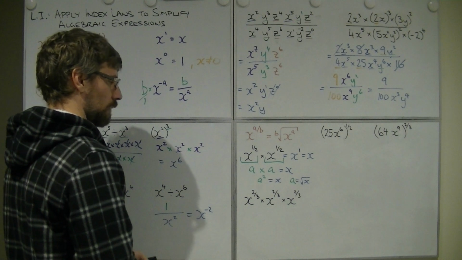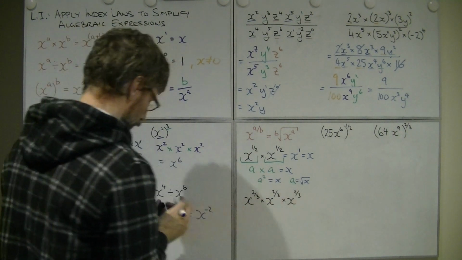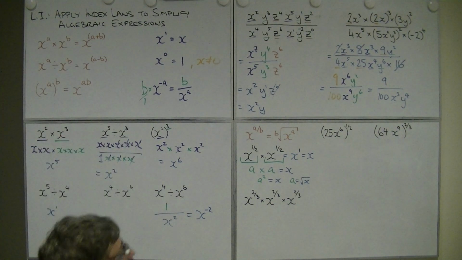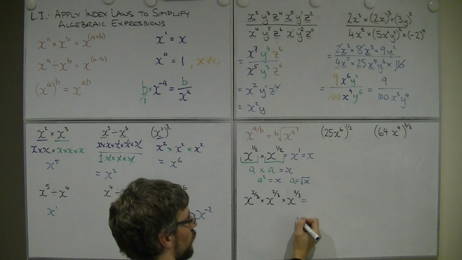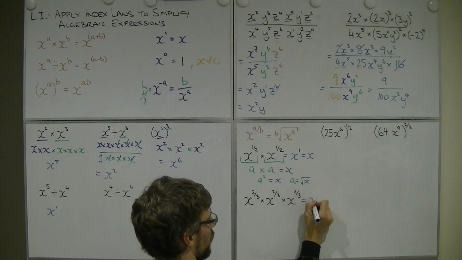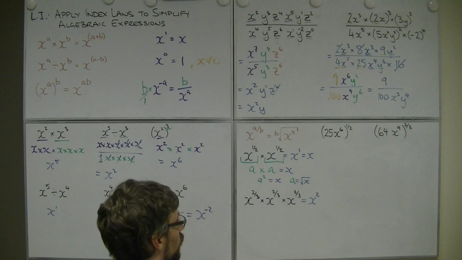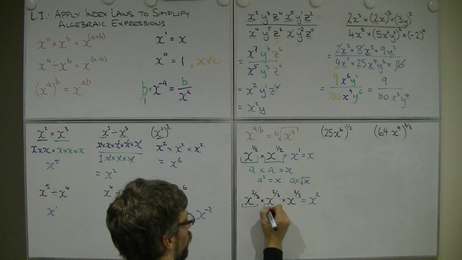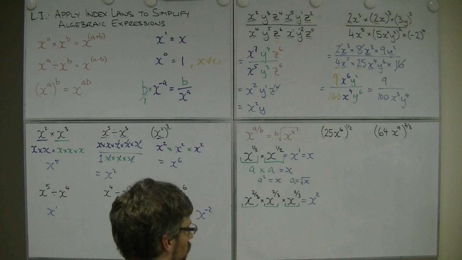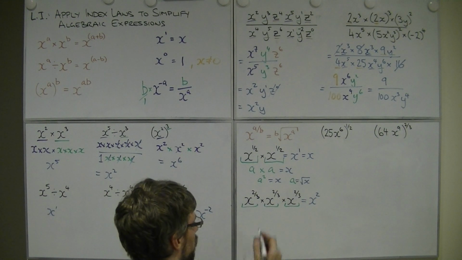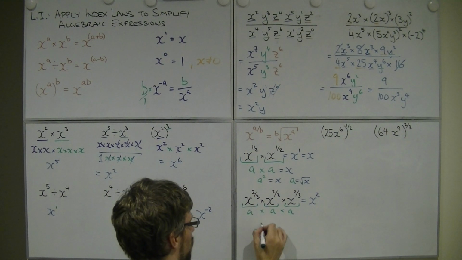Well, that's interesting, but what if it's a different fraction? Maybe this doesn't always work out. Okay, what about if we do this? So I've got x to the 2/3 multiplied by itself 3 times. Well, I can add up those fractions and see that that's x squared. Alright, so I've got some number multiplied by some number multiplied by some number equals this other number. Well, that's the same as saying, if I call these a's, that means a to the power of 3